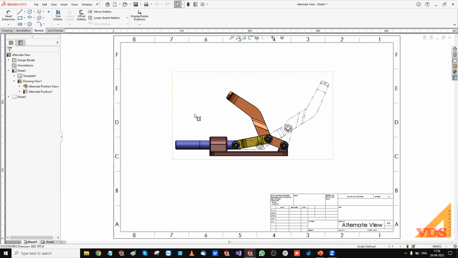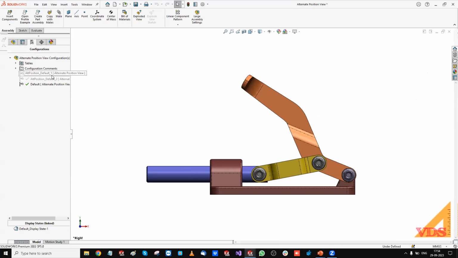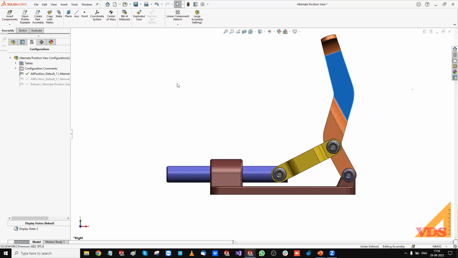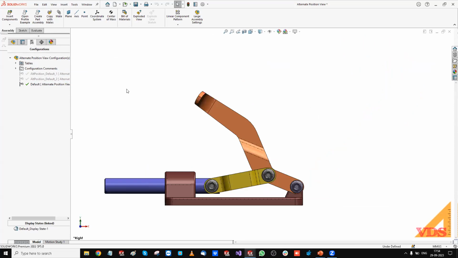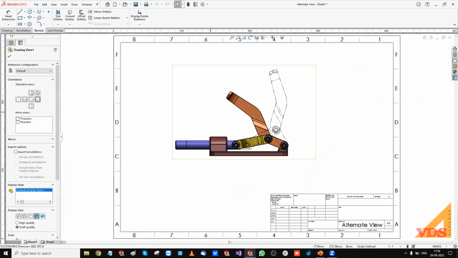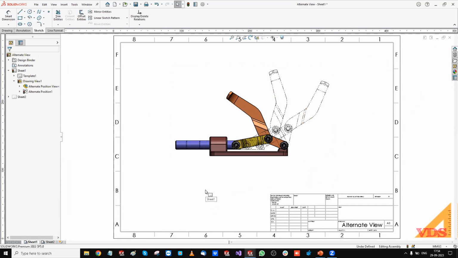Or we can also add one more. So we'll go back. I'll change it to like this. So we have this 1, 2, and 3. So this is 1. We'll add another view, and I'll use an existing configuration. So we can have more alternate positions if we want. So this is for an assembly, and